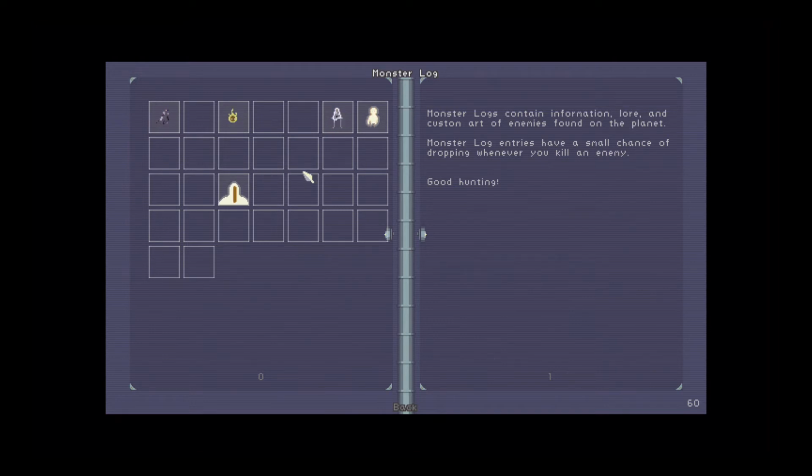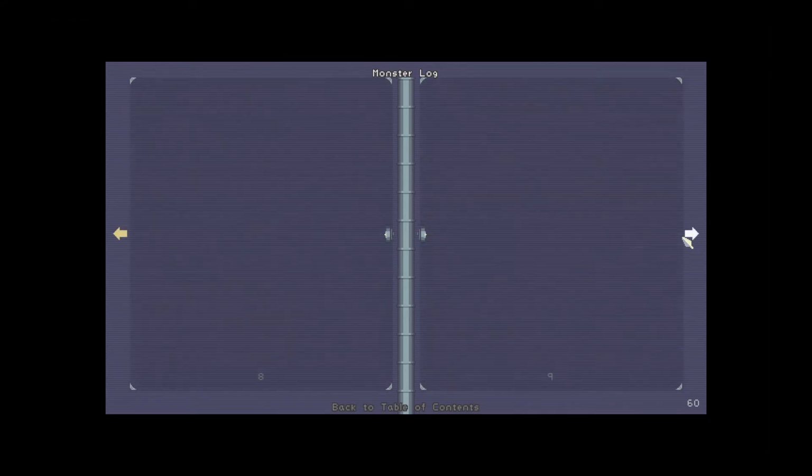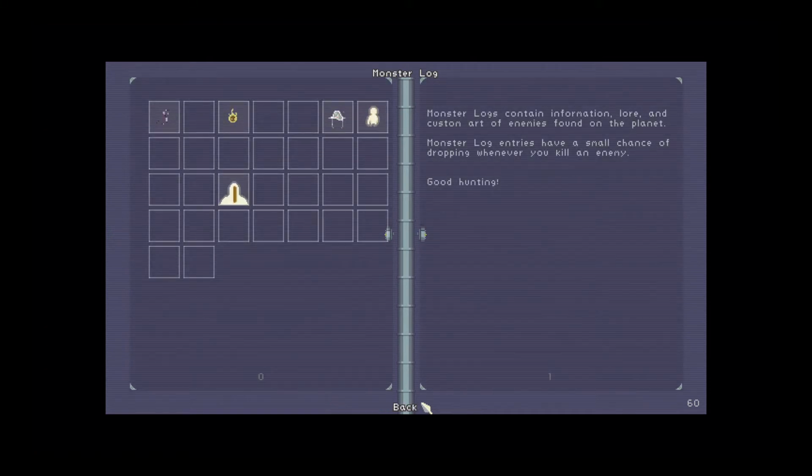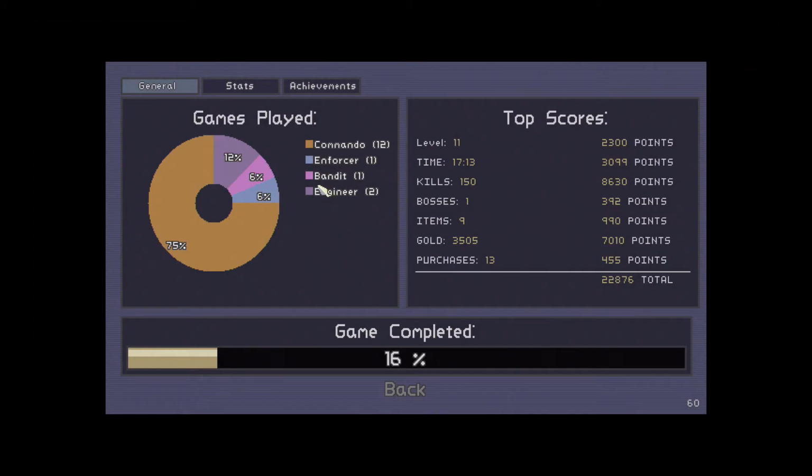I played this game for maybe a good couple hours now, and I only unlocked five entries. Wait, can you click on a blank square? Yeah, it just goes nowhere. Oh, okay. So yep, if you want to unlock everything, you're gonna do a lot of grinding in this game. Speaking of which, here's